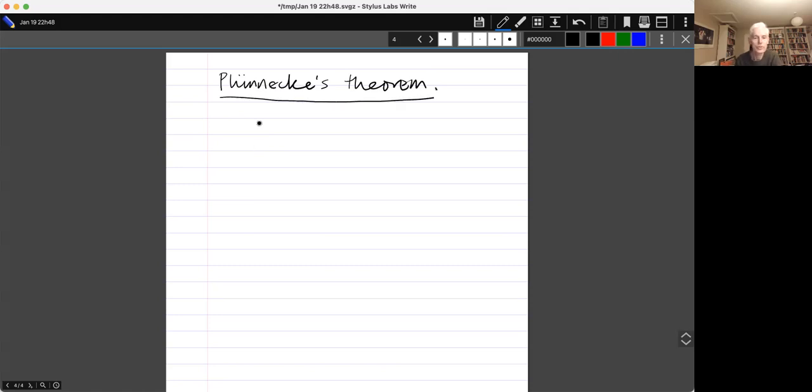And Plünnecke's theorem concerns sumsets, which I introduced last time, but let me just briefly remind you what a sumset is. So if I've got two sets A and B, I'll use this slightly more general setup. So A plus B means the set of all little a plus little b, such that little a belongs to big A and little b belongs to big B. Why don't we just have a little example first before we carry on. So if A equals {1, 2, 5}